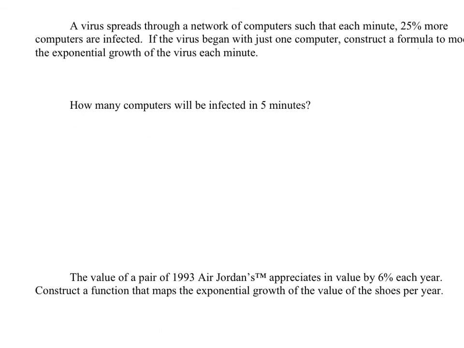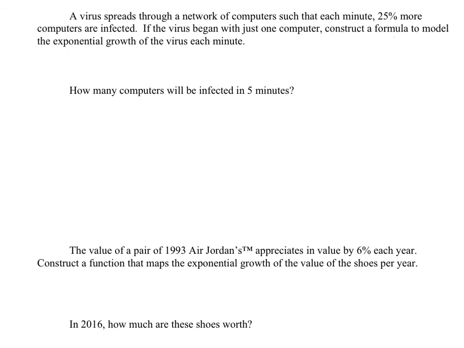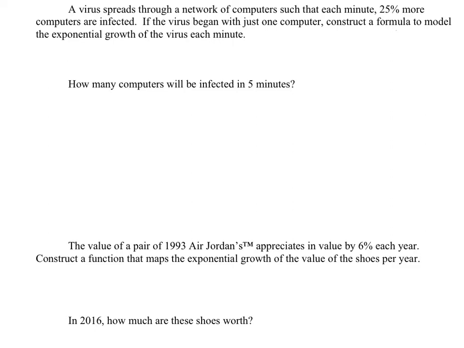Let's practice it again. A virus is now spreading through a network of computers such that each minute 25% more computers are infected. So we don't know how many computers we begin with at this point, but we do know that each minute it's 25% that are being infected. If the virus began with just one computer, construct a formula to model the exponential growth. So we're dealing with exponential growth, that's good. The total amount of computers is going to equal the principal amount, which in this case is 1,